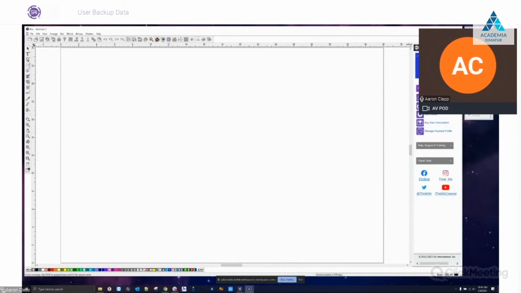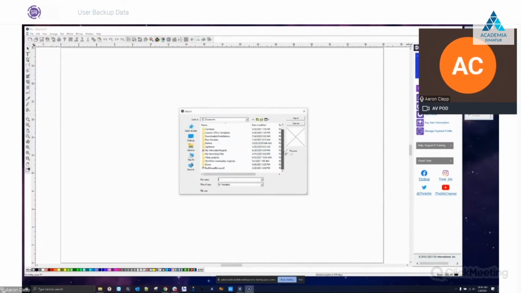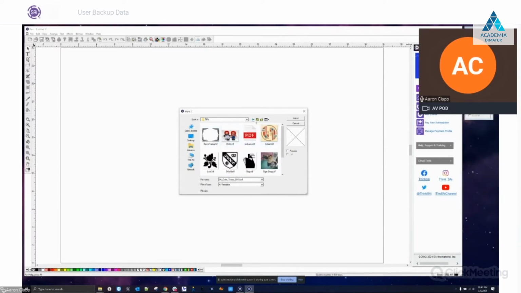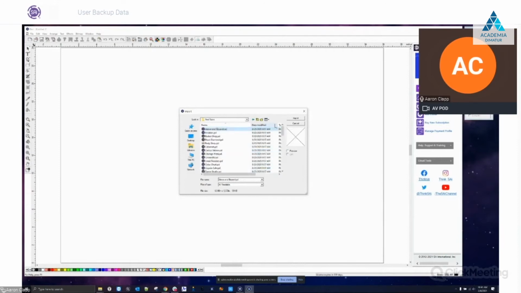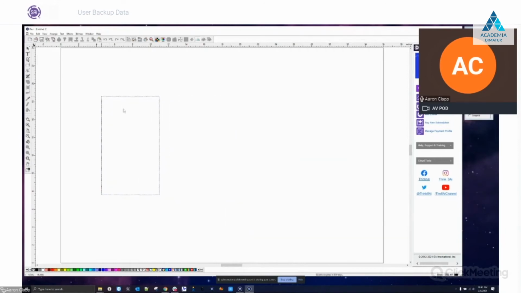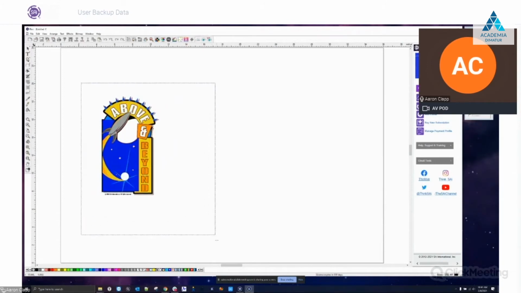Let's go ahead and send a couple jobs. So maybe we import something here. Let's go to my documents and go to Flexi samples here, and maybe we'll just pull. Let's go to vinyl signs. This will be better. There we go. Just pull this in here, and maybe let's go ahead and throw a contour cut on here just for fun, so that we get jobs sent to the cutter and to the printer. So we'll apply that,